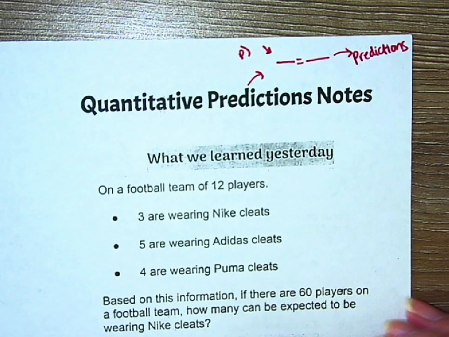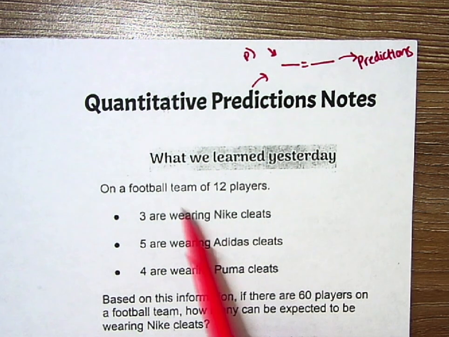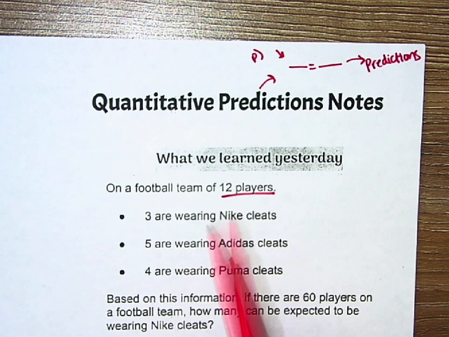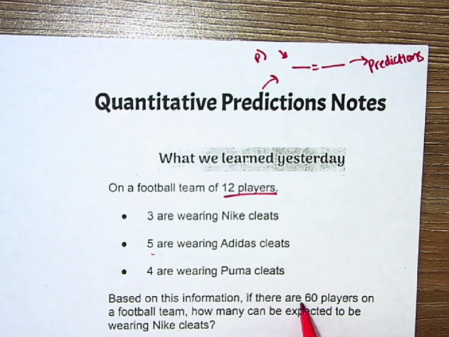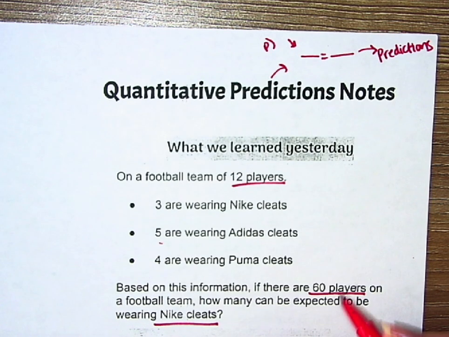Okay? So, this is what we learned yesterday. It says on a football team, 12 players. There are 12 players. 3 are wearing Nikes, 5 are wearing Adidas, 4 are wearing Puma. Based on the information, if there are 60 players on a football team, how many can be expected to wear Nikes? Okay, so again, this is predicting, so we are going to write